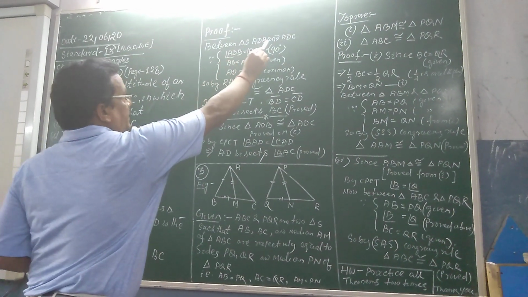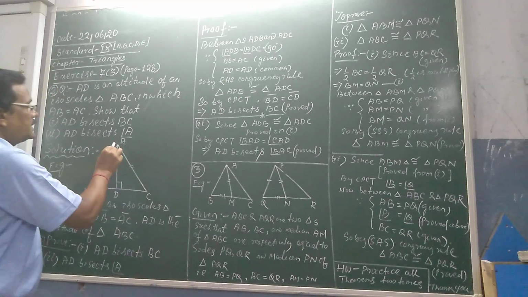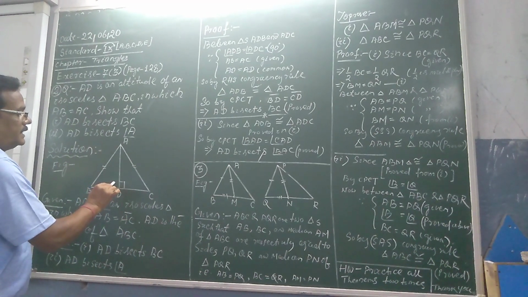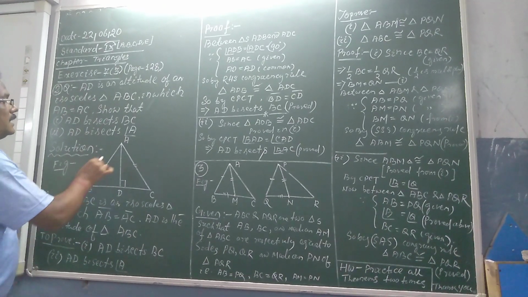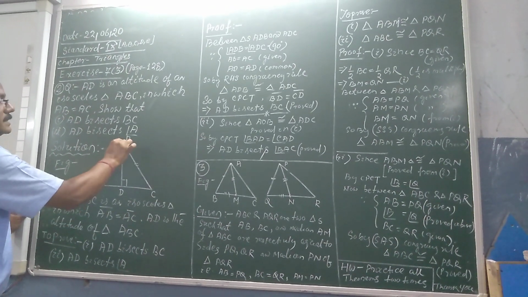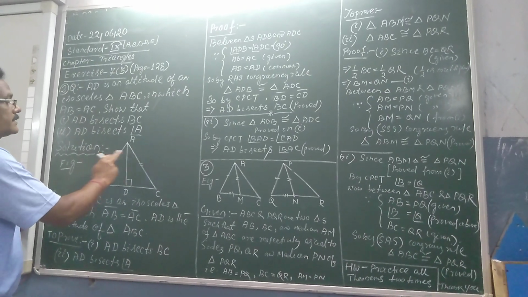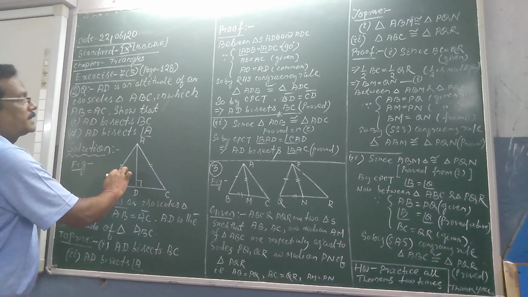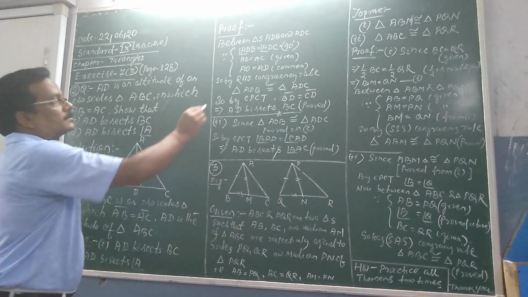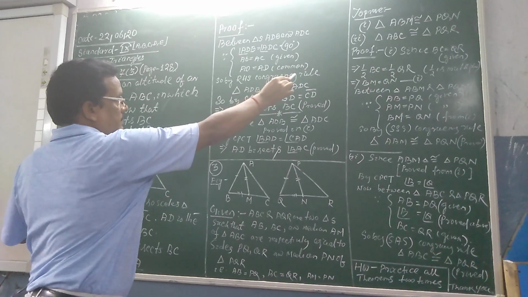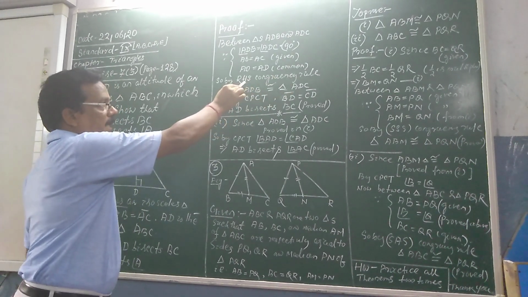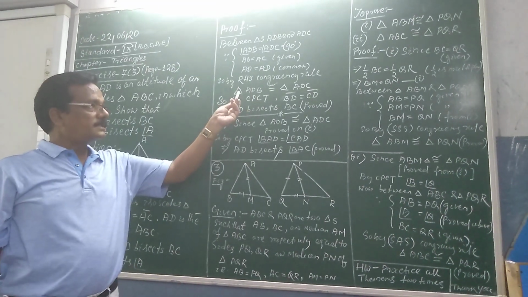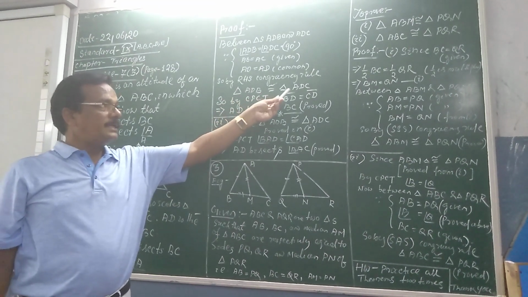Between triangle ADB and ADC, you have to compare. You see, this is 90 degrees and this is also 90 degrees, and this is AB and this is AC. This is given, AB equals AC, because this is an isosceles triangle. And AD, this line, is common to both the triangles. So by the RHS congruence rule, R for right angle, H for hypotenuse, and S for side, the two triangles ADB and ADC are congruent to each other.